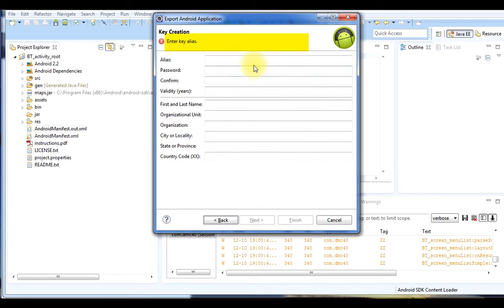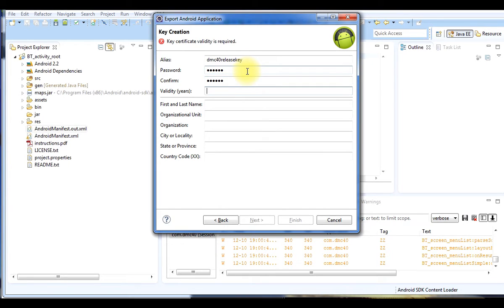I'm using a key alias that relates to the app that I'm creating. When you create your password, be sure and use long, strong passwords, and be sure and record them, because if you lose them or can't recall what they are, you'll have a very difficult time supporting your app as you distribute it.